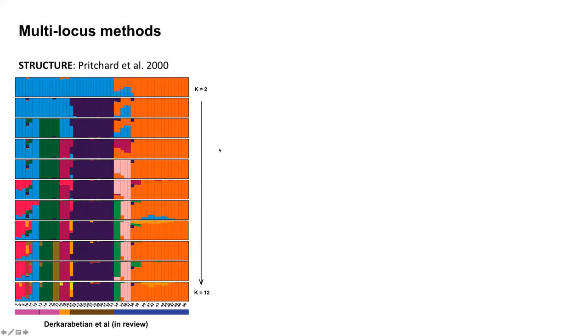Now, STRUCTURE was designed for identifying populations in Hardy-Weinberg equilibrium, but it gets some use at the species level too, because ultimately you're specifying what hypotheses you're testing, what K values you're testing. So if you only test species level hypotheses, it's going to give you a species level answer, right? So STRUCTURE, in my opinion, is an excellent approach.